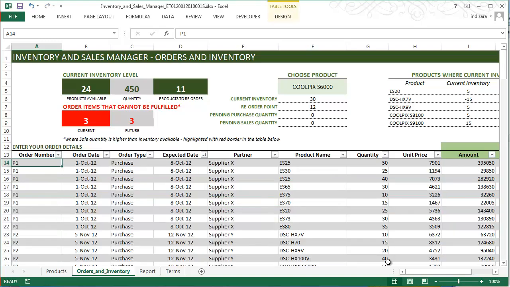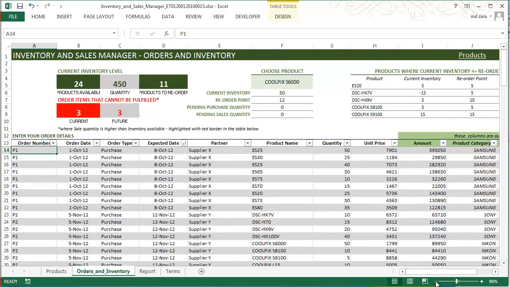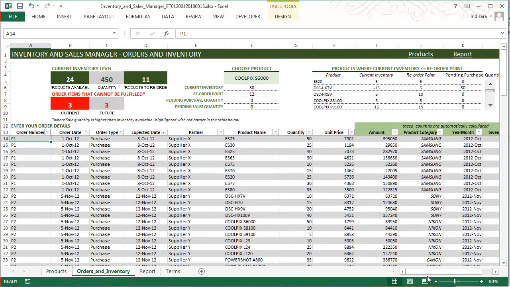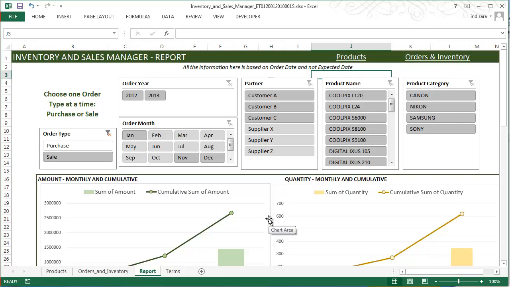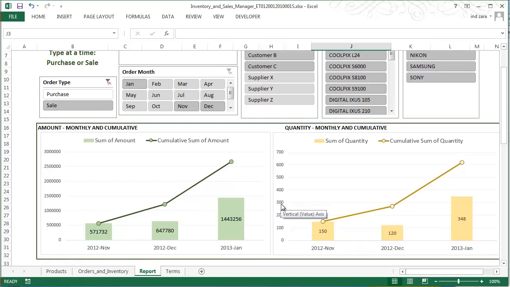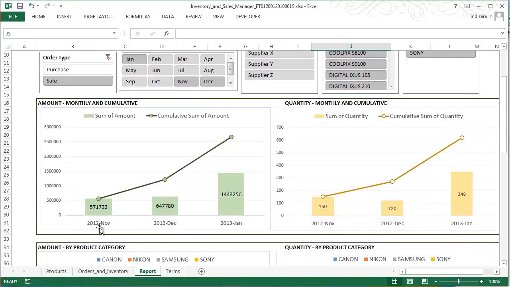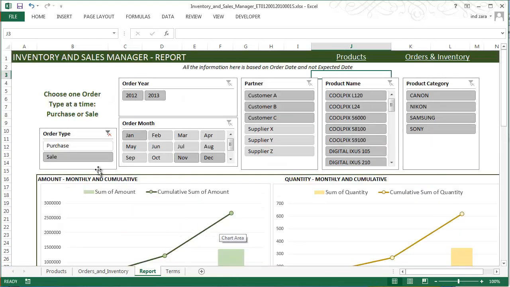Okay, so now the next section of the template is to actually look at the report so that we can understand how the business is performing. So click on the link here to go to your report. All information here is based on order date and not the expected date. You would find charts where we use the month, and these are based on order date months and not the expected date months. At the top, you have a list of slicers or filters that you can use